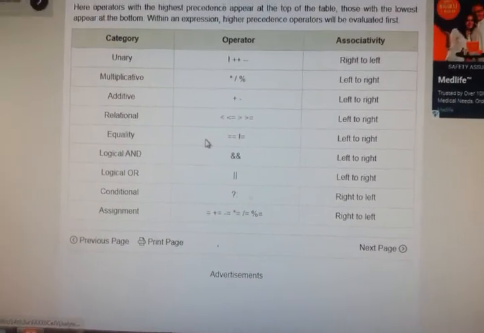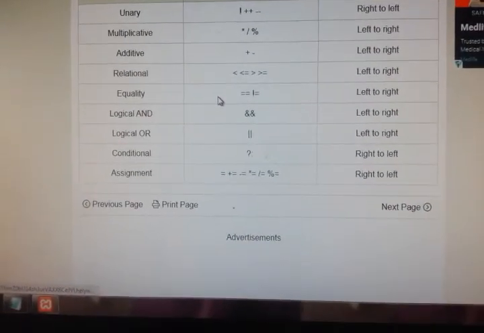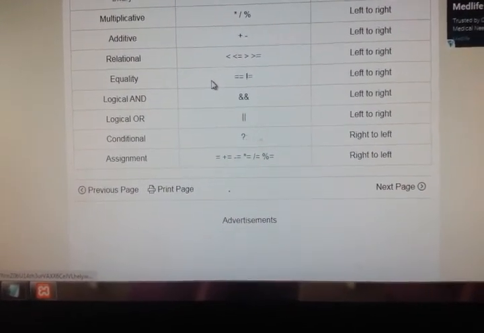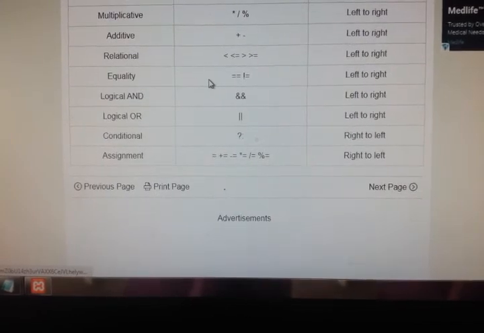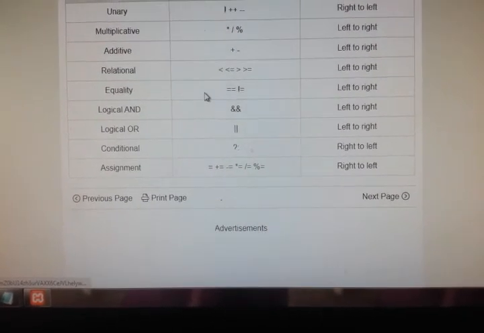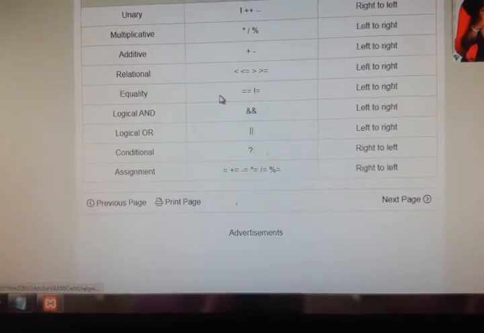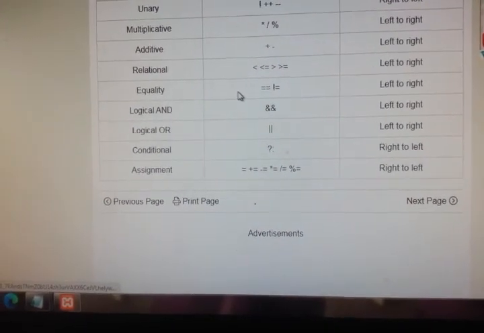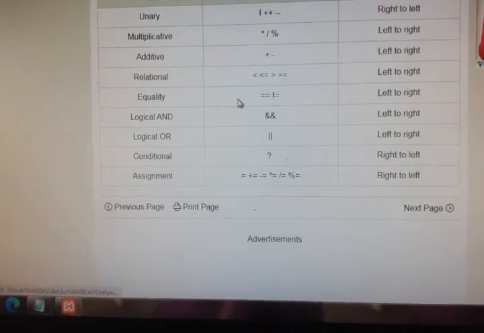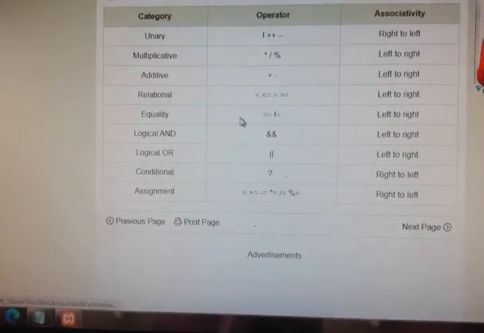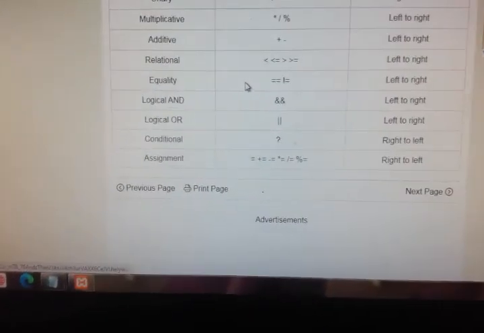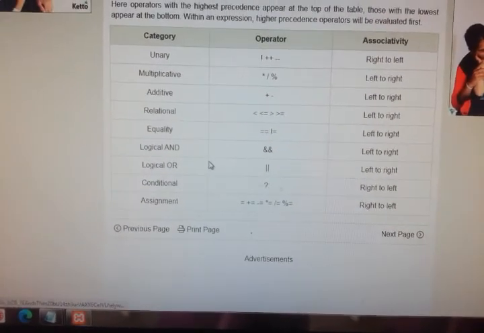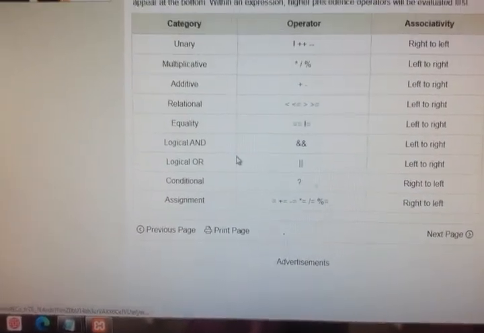So if you follow this associativity and precedence of the operators, then the expression evaluation will never go wrong. Always you will get perfect and correct results. And the remaining topic we will see in the next session. Thank you.